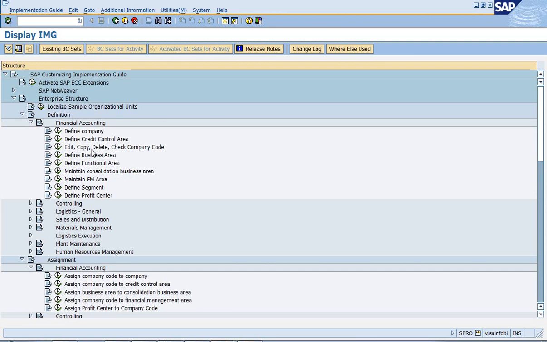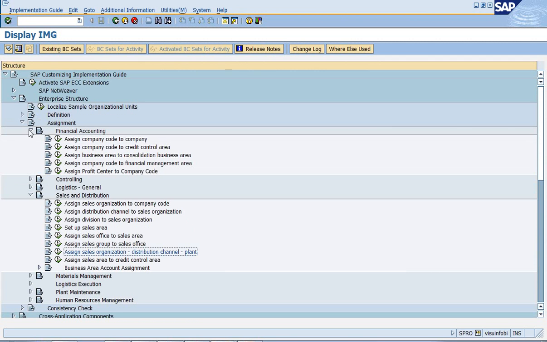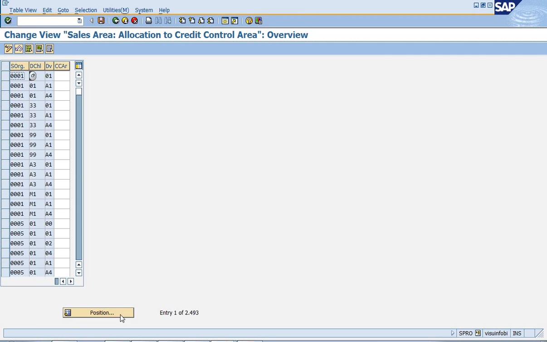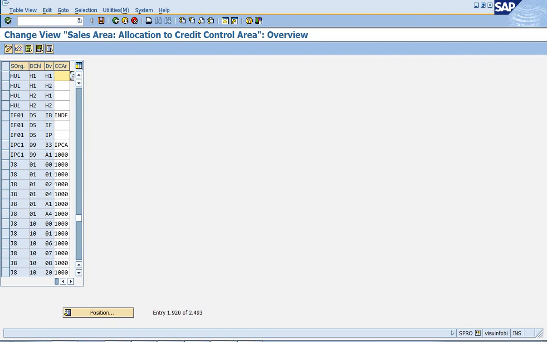So we are going to establish the link between your SD and FI. That's the reason we shall see how to go for assigning our credit control area to my sales area. So click on position, get into your sales org HUL and enter your credit control area.